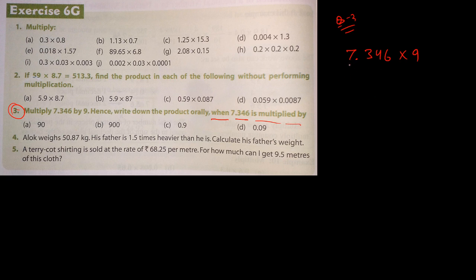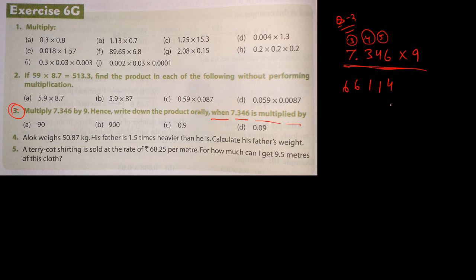Now forget about the decimal. Suppose there is no decimal and then multiply. 9 6s are 54, so 4, 5 carry. And 9 4s are 36, 36 plus 5 is 41, 4 carry. 9 3s are 27 plus 4 is 31, 3 carry. Now 9 sevens are 63, 63 plus 3 is